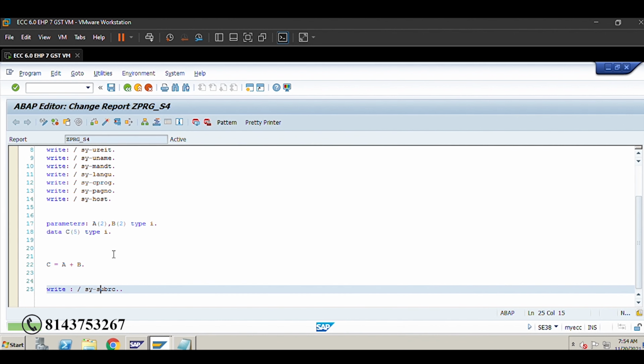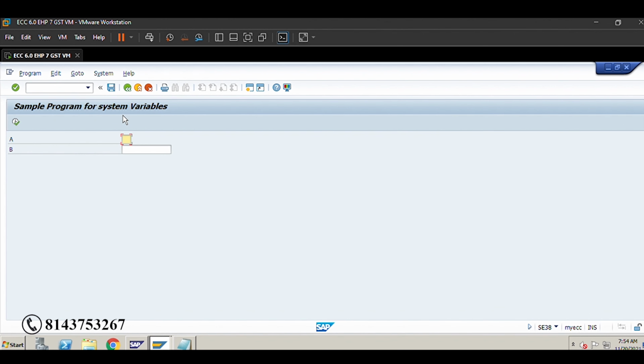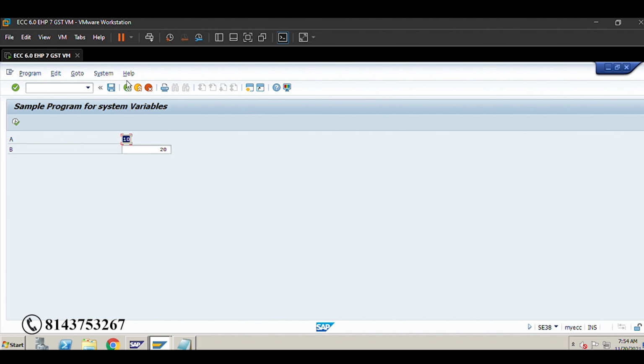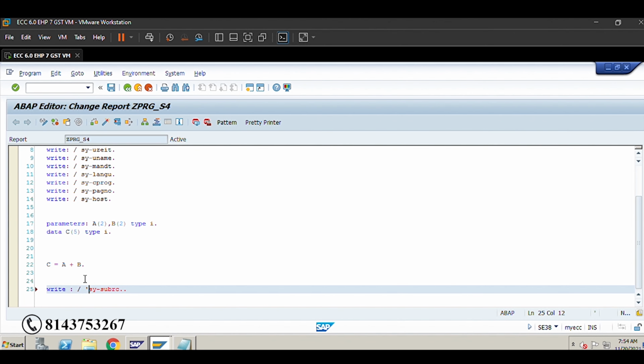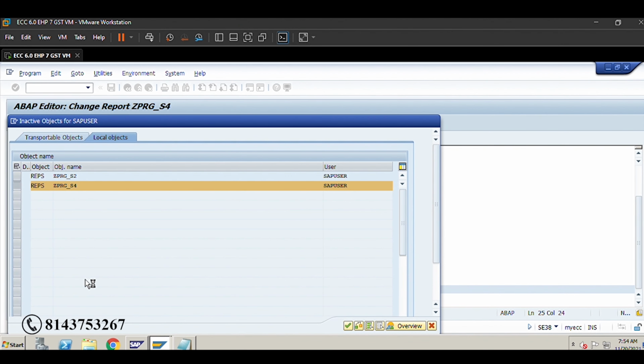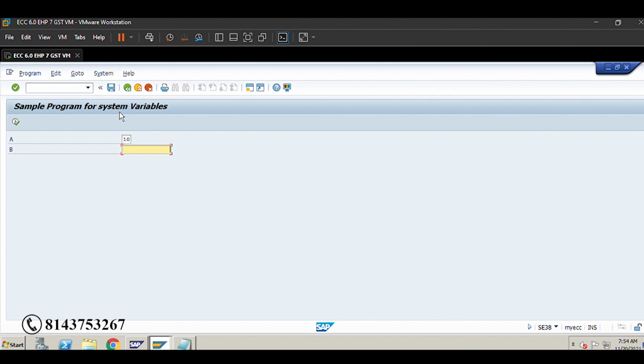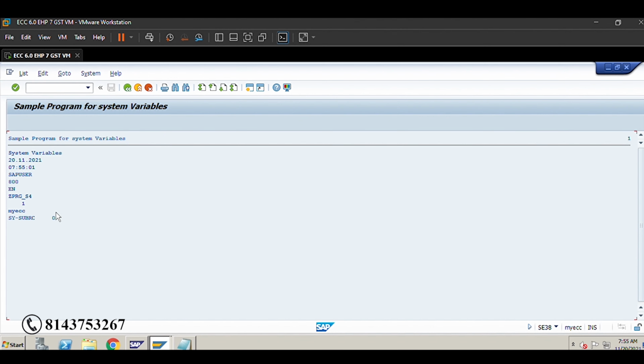Okay. If the previous statement got executed properly, then what will it give? See here, last value is sy-subrc. You can also mention it with a comment. I will mention it with sy-subrc, because whether you are giving the correct value or not, the value of it is 0.